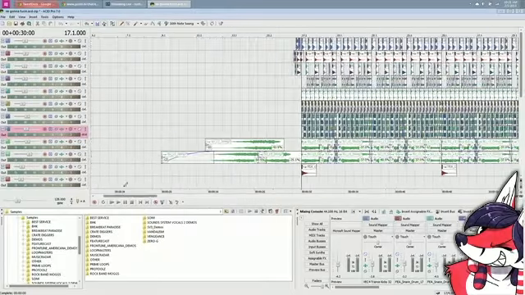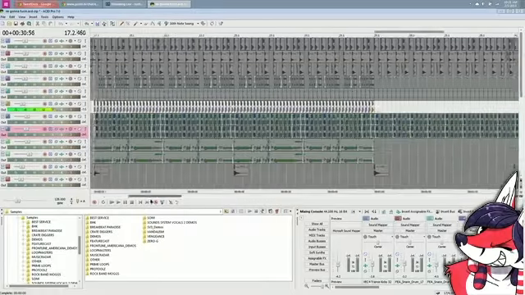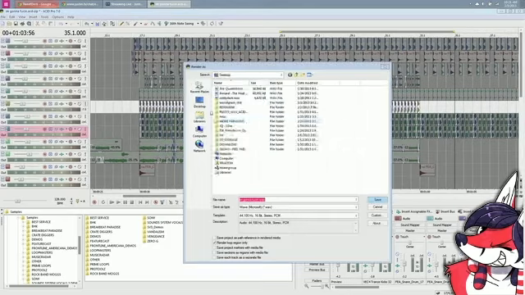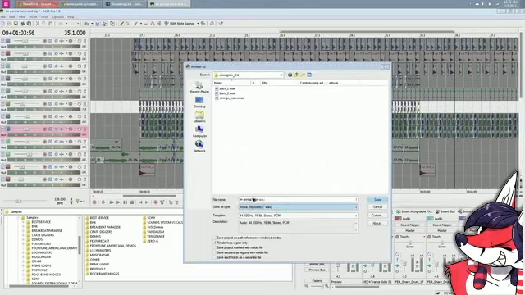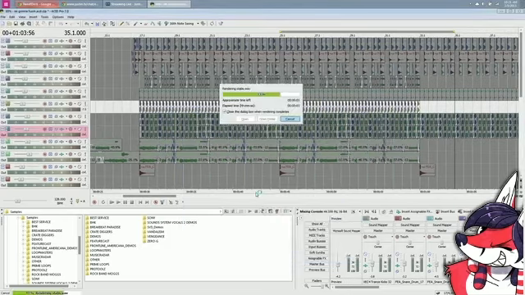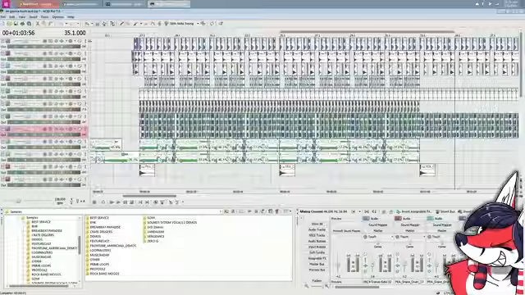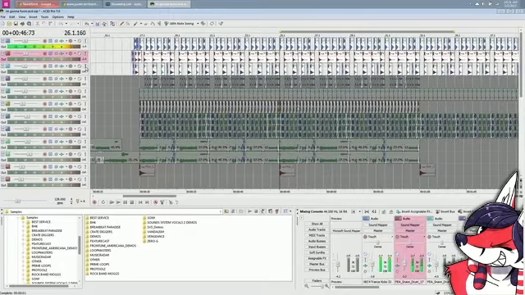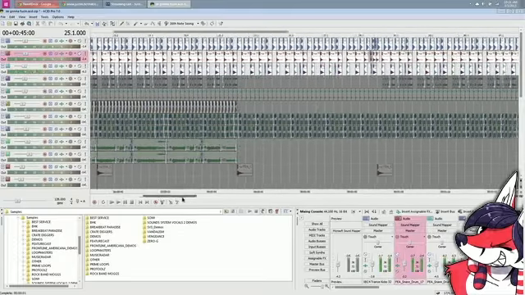Okay, so there's that. Now I need this. It's going to be called stabs. Percussion. Let's do this in 2 goes. Actually, I want one with the roll at the end.